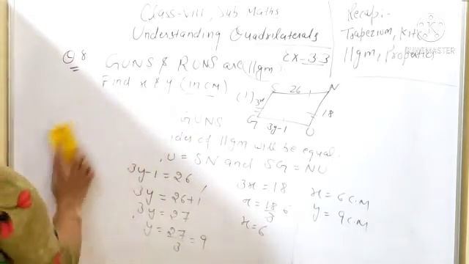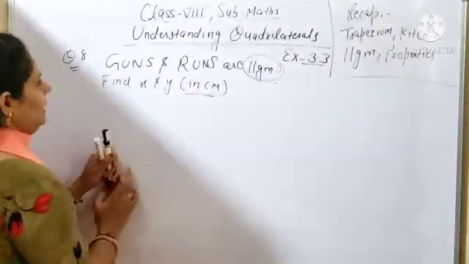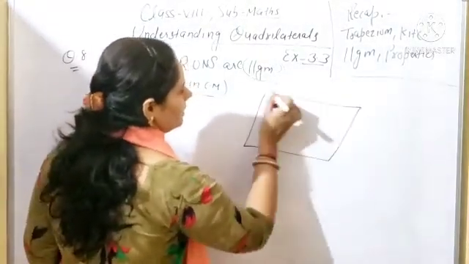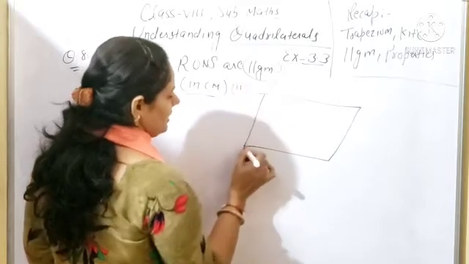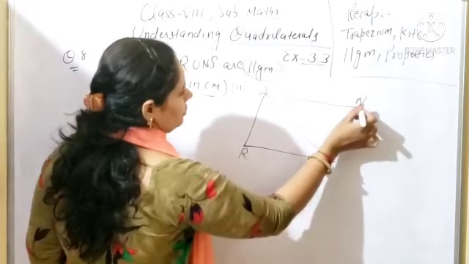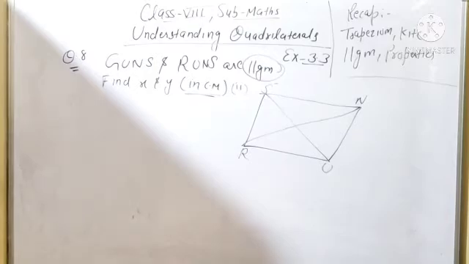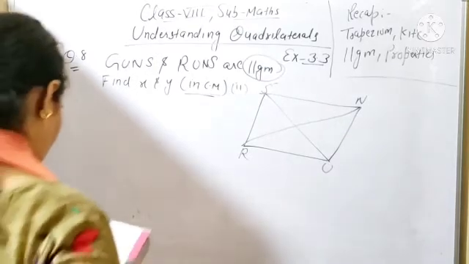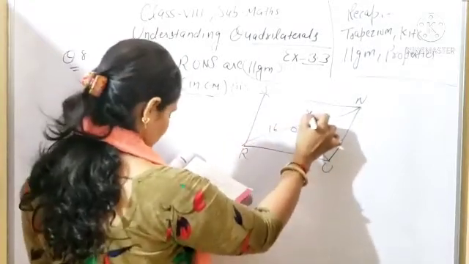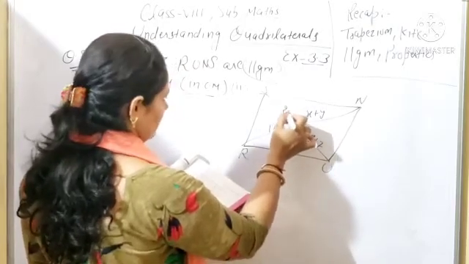But in second also you will use one property and you can easily find out the value of x and y. Okay, so what is the parallelogram? RUNS. Okay, so first you will make a parallelogram. Second part, R-U-N-S. And you will draw the diagonal also. And diagonals are bisecting at which point beta? No, point is not written. Okay, fine. You can assume any point, for example O, and this one side is given 16, this one is x plus y, y plus 7 and this one is 20.